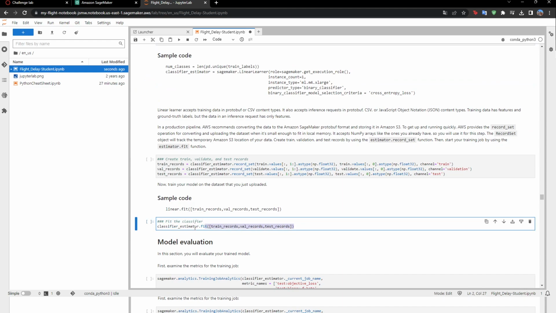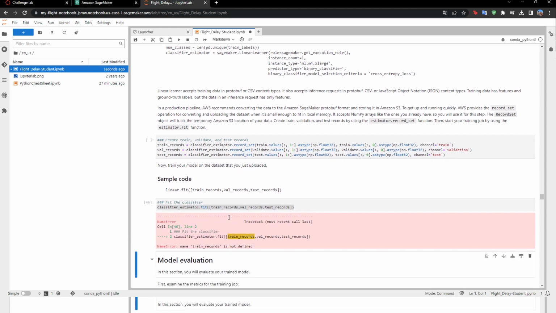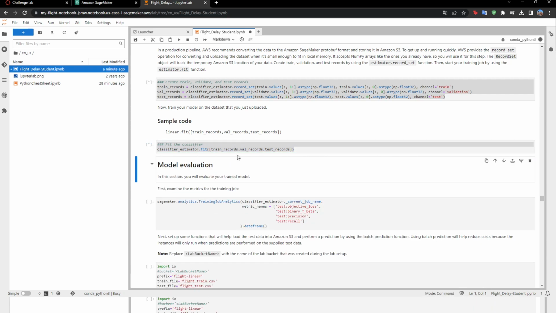So now when I run this, I should first run here and run this. Now it will run,